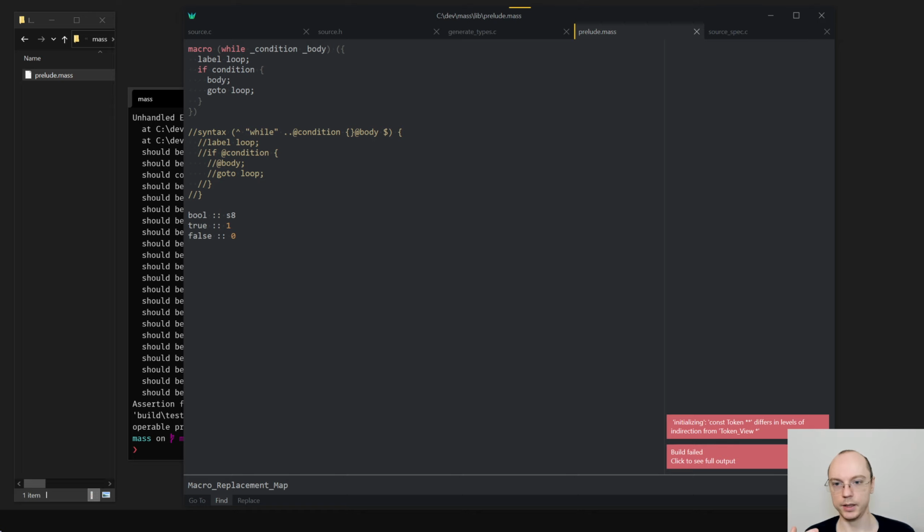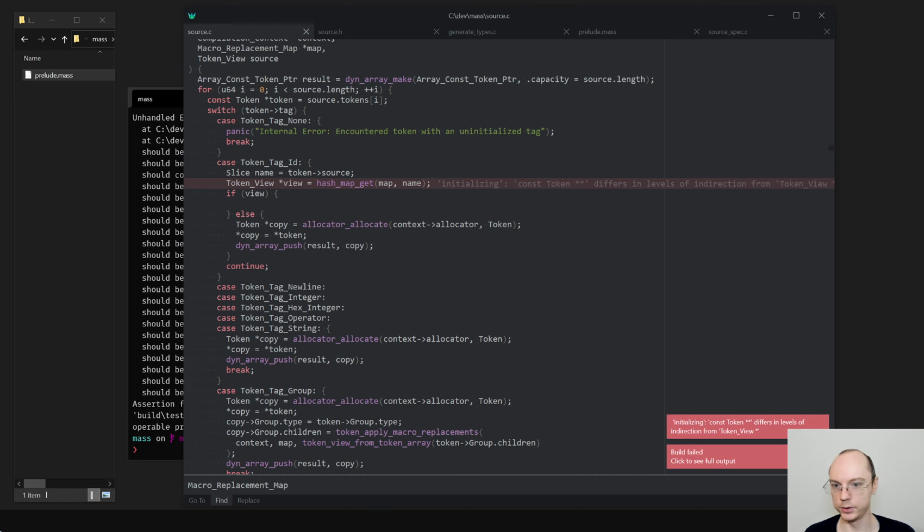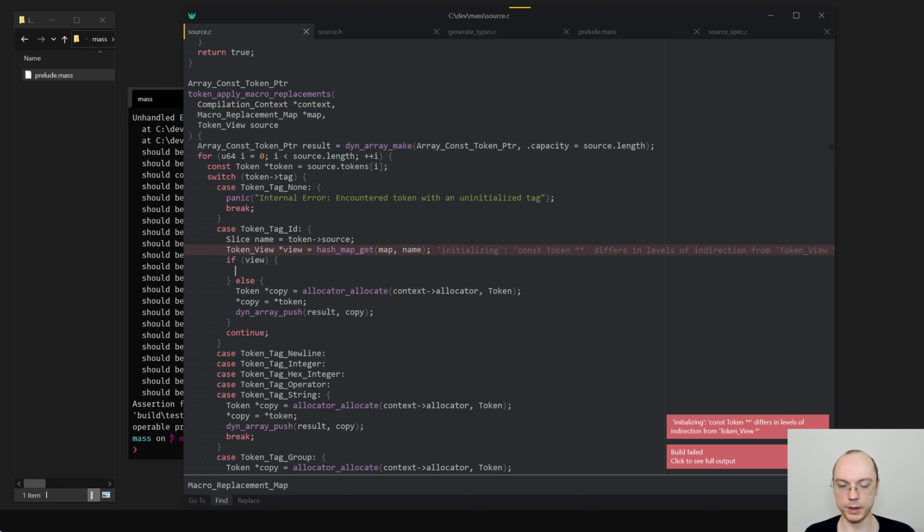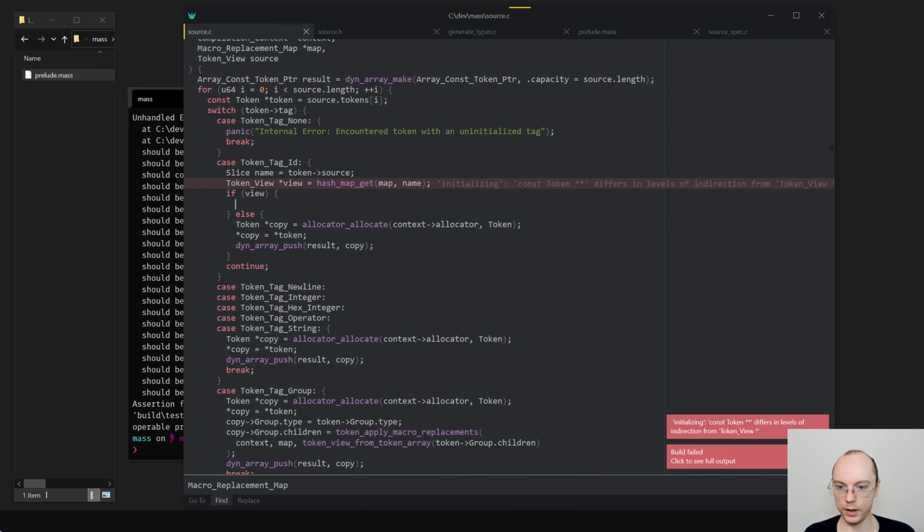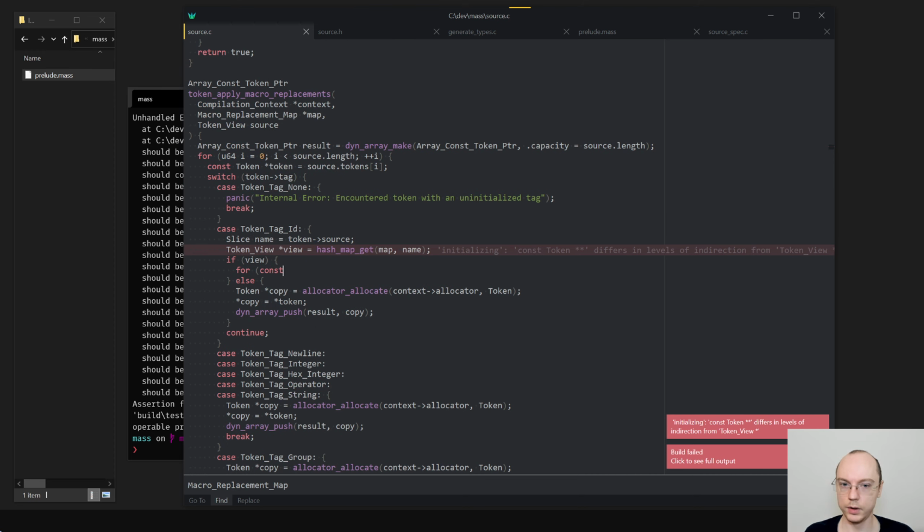So you might accidentally replace something, and you also might expect something to be replaced and it's not, and this would be just better. But this is, again, a separate topic. Right now we are trying to make this work. So we get this view, and that just means that we need to loop for